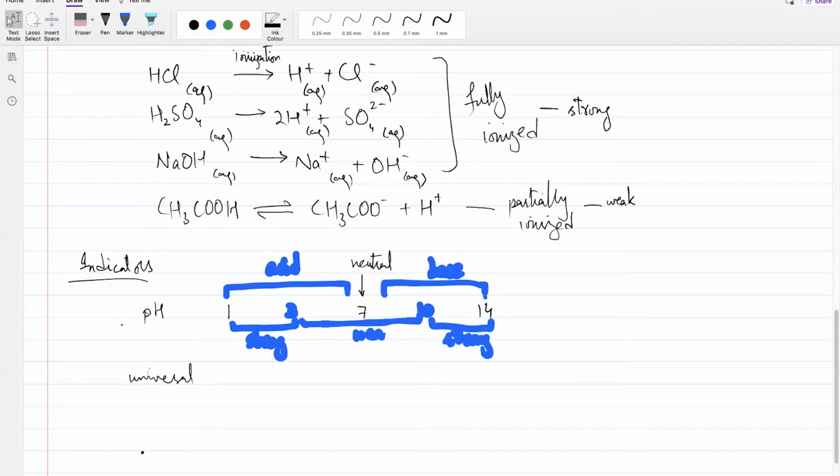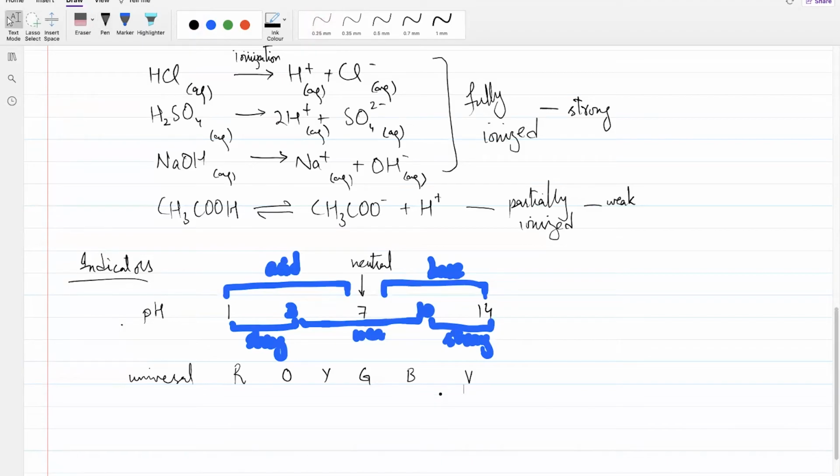You put that drop in that base, now that base will react with the universal indicator. Universal indicator is a mixture of multiple weak acids and bases. तो वो depending on what they are reacting with, वो different color देते हैं। तो उनके colors are just like rainbow colors. They start with a bright red on the very strong acid part, going to orange, going to yellow, until they're green at the neutral. अब वो exact neutral 7 पे नहीं होते green, वो 6.5 पे भी green होता है, वो 7.5 पे भी green होता है। Then they're blue and then they're violet or purple or whatever you want to call it.